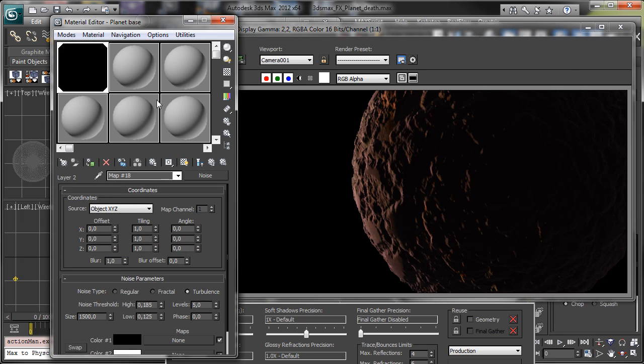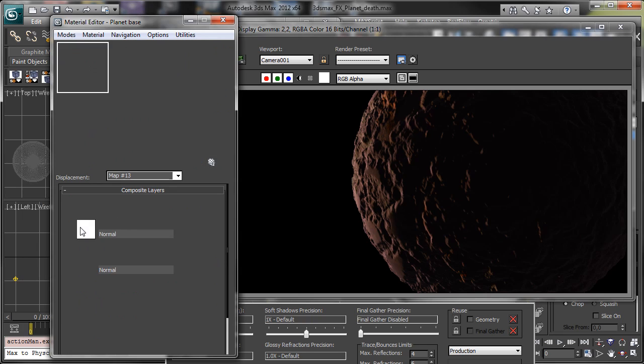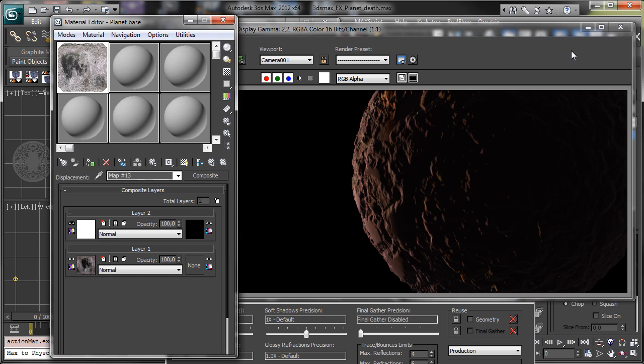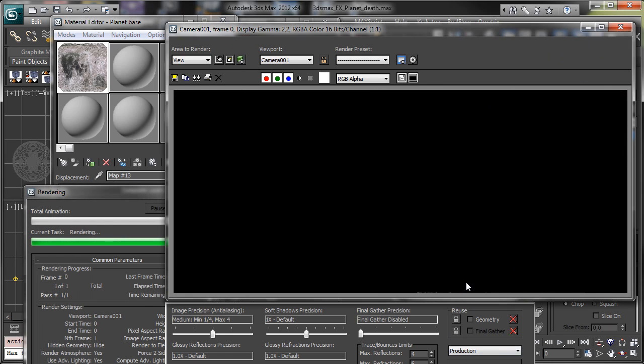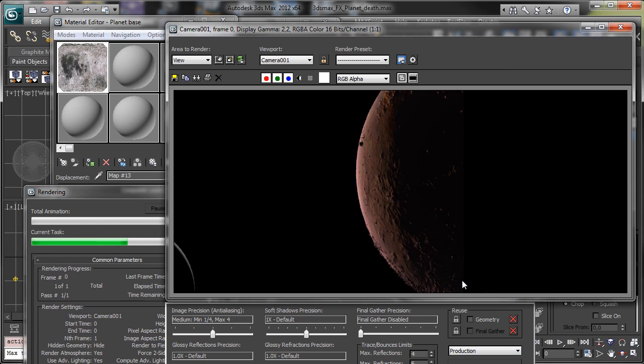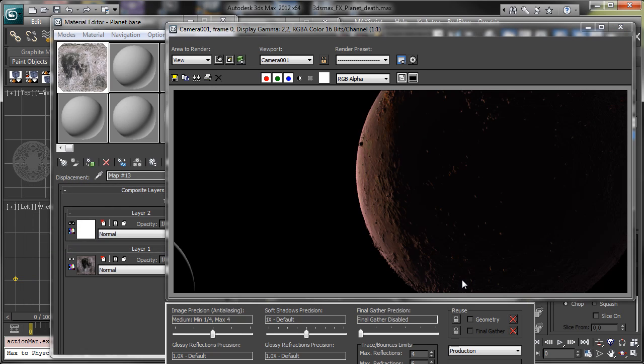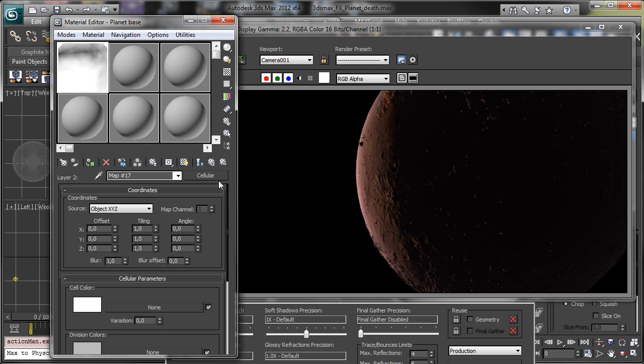Okay, I'd like to see the result with this, without this map, just to be sure that we are doing the right thing. Okay, that's our basic map. And I'd like to see,